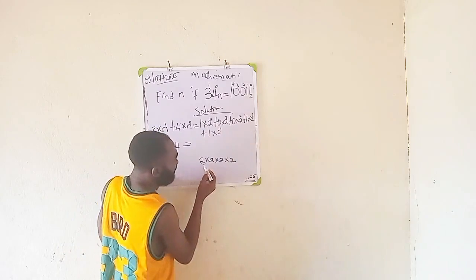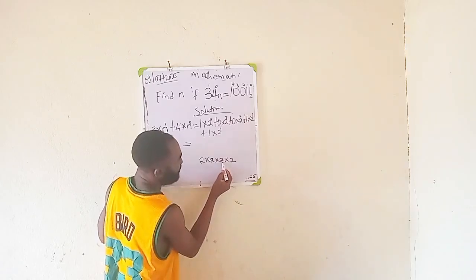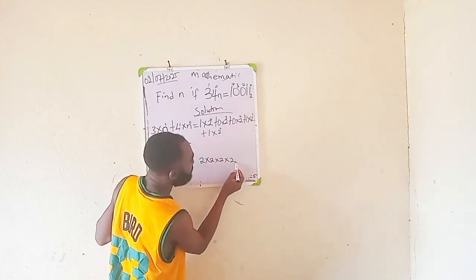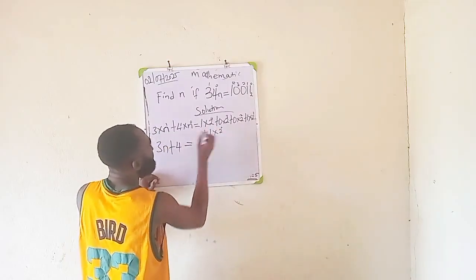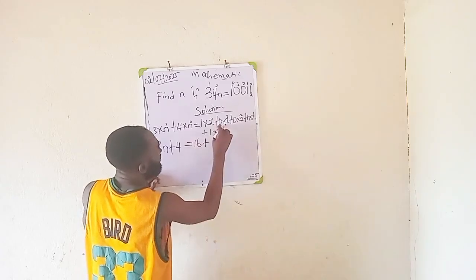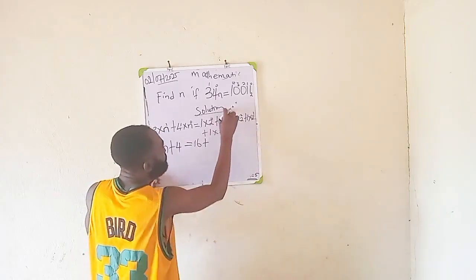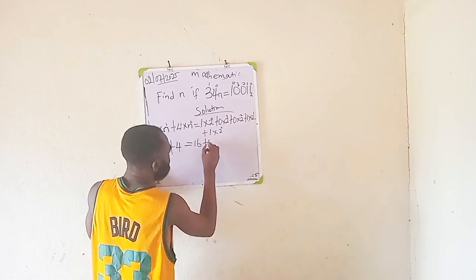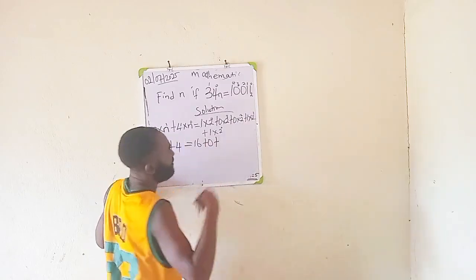So if you express this, you have 2 times 2, that is 4, times 2, which is 8, times 2, which is 16. So 1 times 16 will give you 16, plus 0 times anything is 0. So 0 times 2 raised to the power of 3 is still 0, plus 0 times 2 raised to the power of 2 is 0,